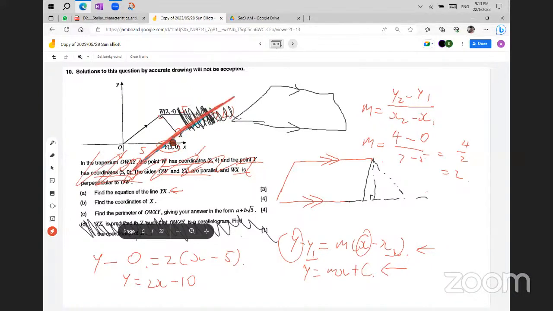Now this line, however, you have one point already, right? So I keep reminding you that to find a line, you either need two points, but you cannot. The other option is one point and the parallel one, the gradient. So there is a parallel. Parallel means the gradient of this line is equal to the gradient of